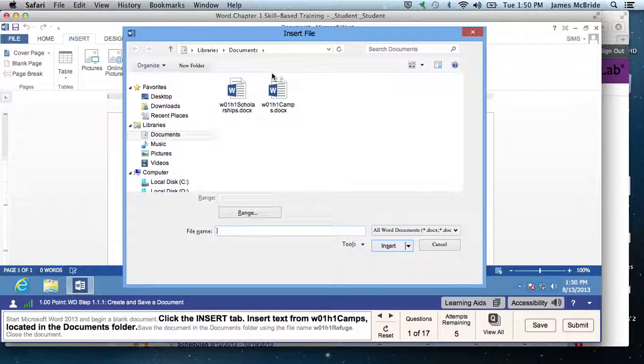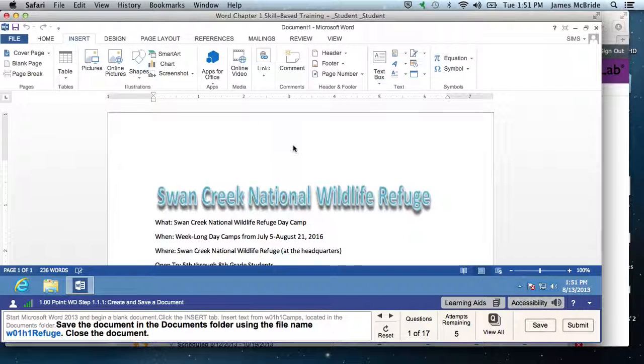And then this next step, notice there's two in there. I need the one that says camps. So I can click on it and then hit Insert, or I can double click it, and it inserts the text. And we know we completed that step because now that step is gray. Now it wants us to save the document in the Documents folder